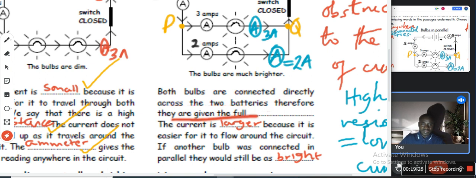Therefore, they are giving the full what? What is the same everywhere in parallel? Because these bulbs are in parallel. So they are giving the full voltage. The current is larger because it is easier for it to flow around the circuit. If another bulb was connected in parallel, they would still be as bright. That's correct. Because the same